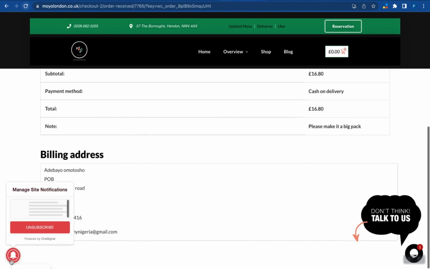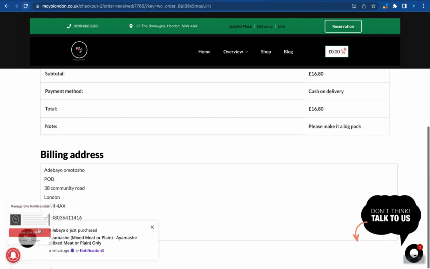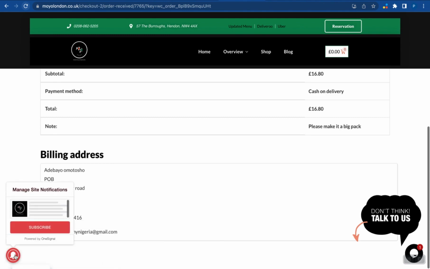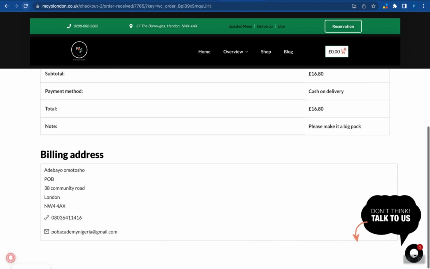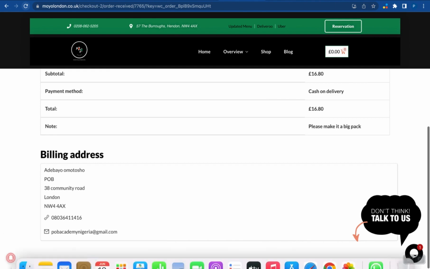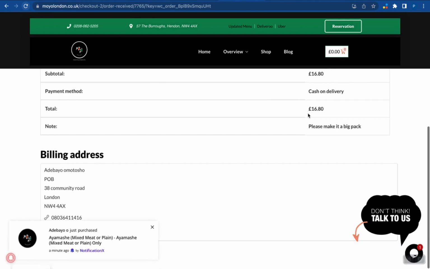Also, there's a pop-up. Because I've subscribed before, I'm going to unsubscribe so you know how it works. There's a pop-up that comes here when you're a new visitor. It allows you to subscribe. So when you click on that subscription, just as this pop-up is notifying you, that's the same way Moyolondon can notify people who have accepted this push notification. There's another interesting part about it, but before I come back to this live chat,